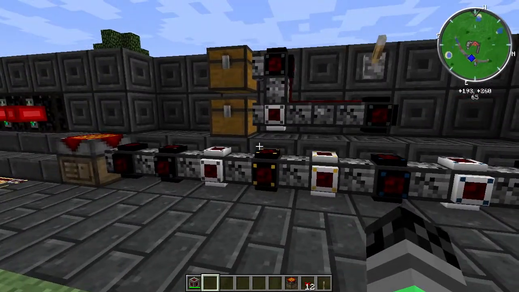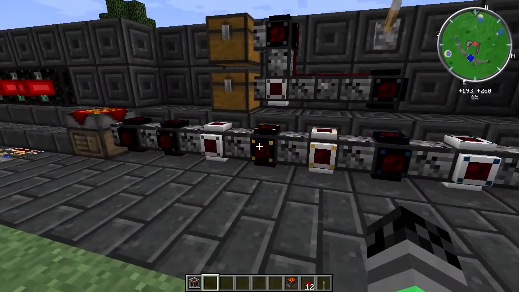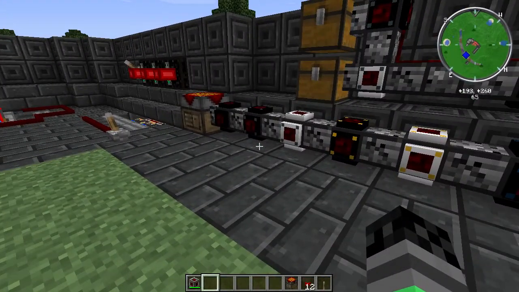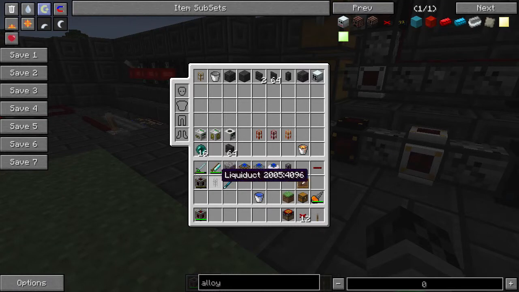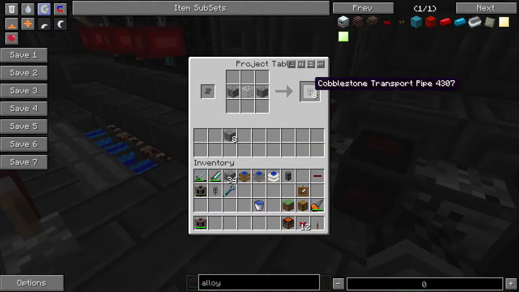So what we've got here is a bunch of structure, what's it called? Cobblestone structure pipe is what it's actually called. The stuff's actually really simple to make. It's basically cobblestone transport pipe. So that's 2 cobblestone, with glass in the middle. It gives you 8 cobblestone transport pipes, and then you just put it in there with some gravel, and boom, you've got yourself cobblestone structure, construction